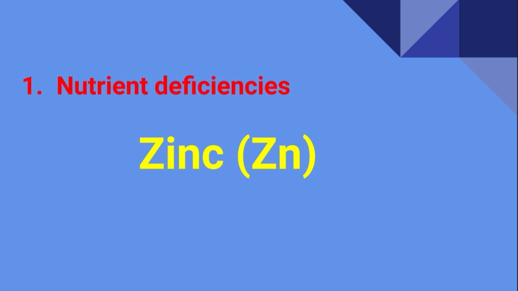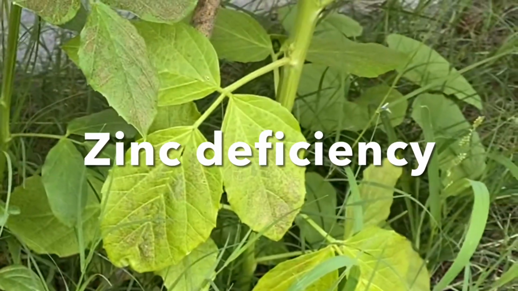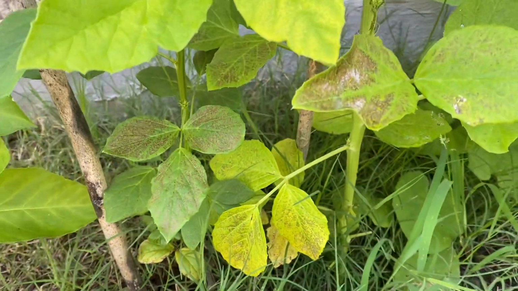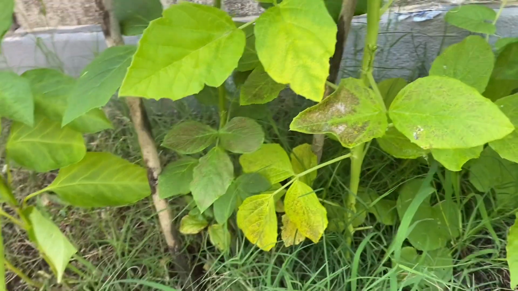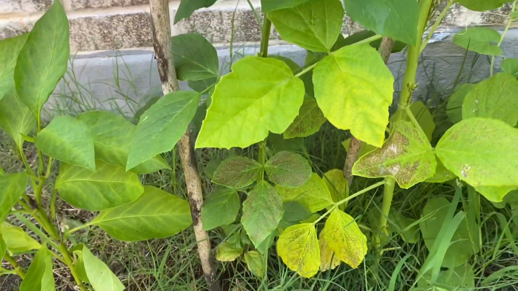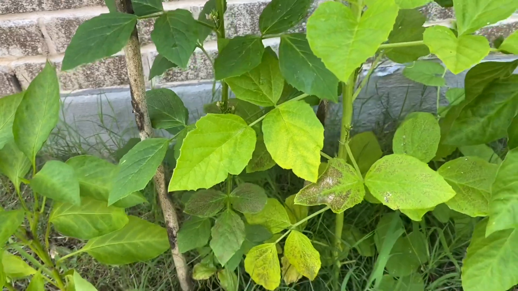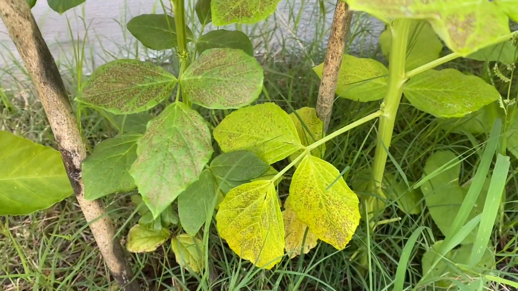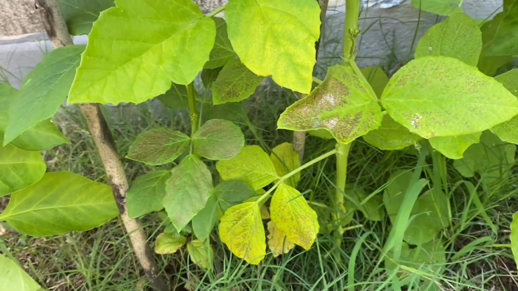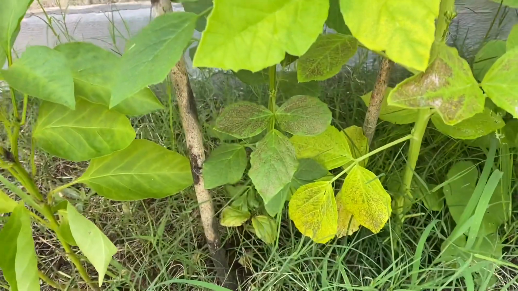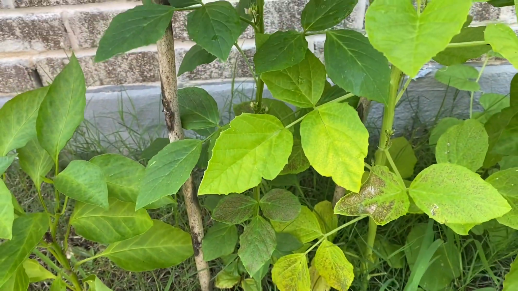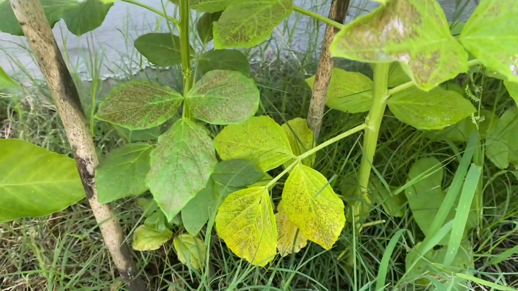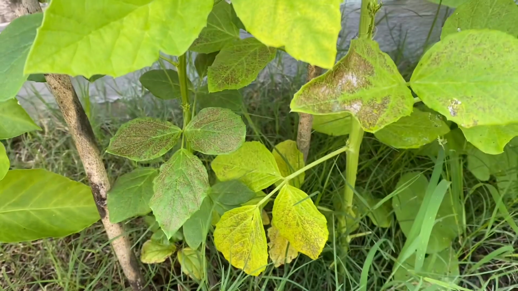The symptoms of zinc deficiency are interveinal chlorosis, necrotic spots and bronzing of the leaves. You can see my cluster beans plant leaves. Zinc is a micronutrient and needed in very small amounts. The solution is to add organic soil which is rich in zinc, and the non-organic way is to add zinc sulfate. A couple of other things that can help are to avoid overwatering, reduce the phosphorus, and use a lower pH solution. You can watch my video on how to lower the pH of liquid.